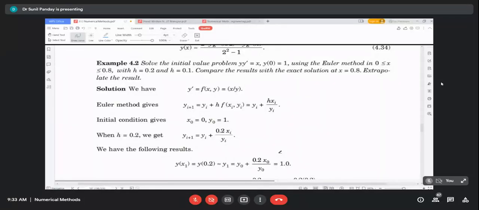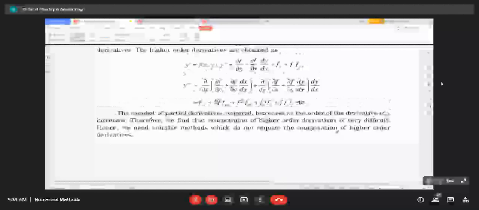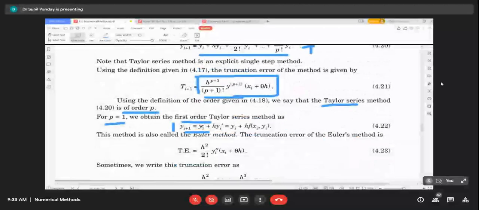Clear? So suppose you have this initial value problem, y dash equals x. So this is your problem, and then y naught. Actually, we have discussed Euler's method earlier. Actually, this Taylor's first order method is also named Euler's method. Sometimes, instead of writing Taylor's first order method,